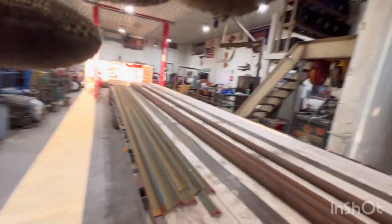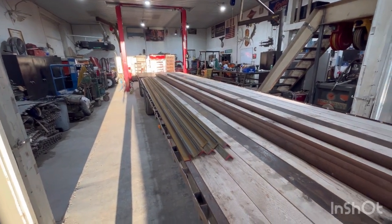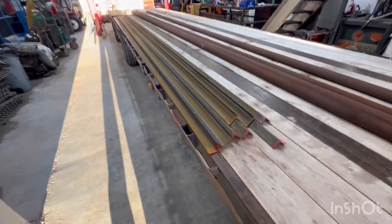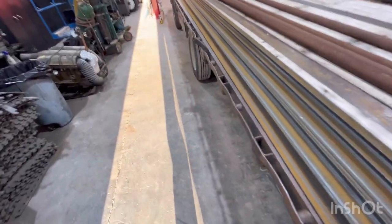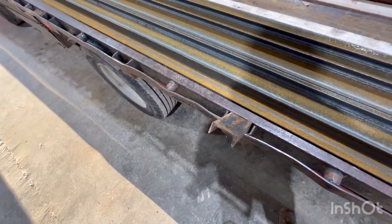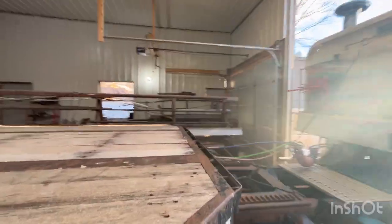Got the old step deck back in the shop. It's time to get back on these hay racks. I've got all new C-channel here. That's the right size. I need to cut a whole bunch of 1 foot long pieces, 1 footers, and then I think it was 2'6" for up here on the front of the deck to go